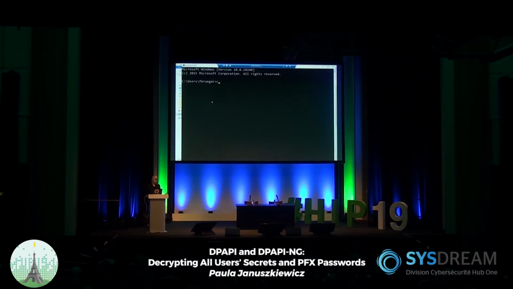As a regular user, I'm going to start a command prompt. You don't need to be privileged for that. And what am I going to do over here? Let's get into the CQ tools. Let's go to the DPAPI, and we've got a very simple tool that I really like, called CQ DPAPI Blob Searcher. It's a tool that allows you to search through a workstation, server, and so on for every possible secret that you might ever store.